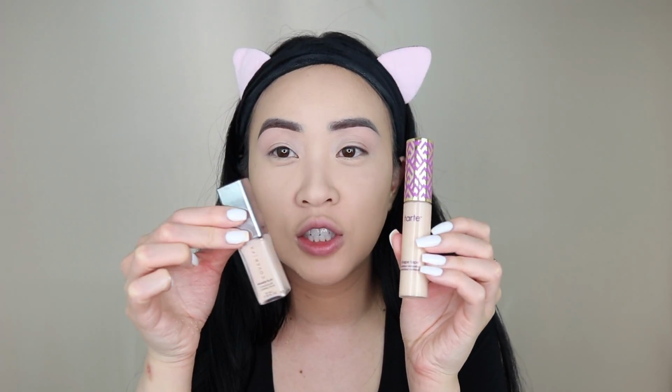like there's a huge difference in size, they're actually both 10 milliliters. It's just the packaging. So they're the same amount of product, and I feel like the Cover FX one has a really great undertone to it for brightening your under eyes. It's a very thick consistency, but it's very light feeling though. It's full coverage, it blends really well, it looks good, it doesn't settle into your fine